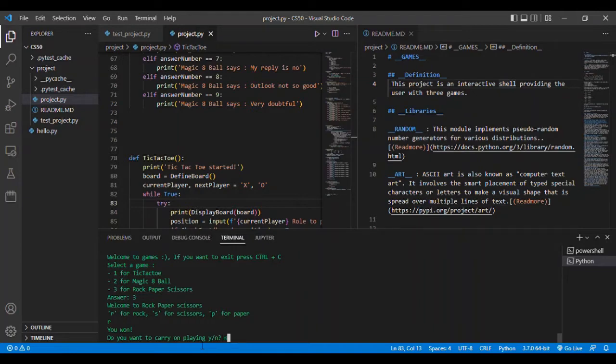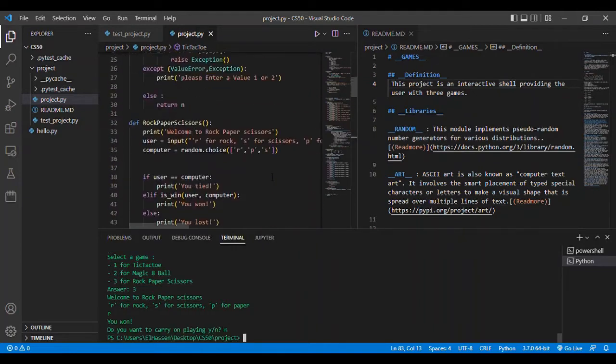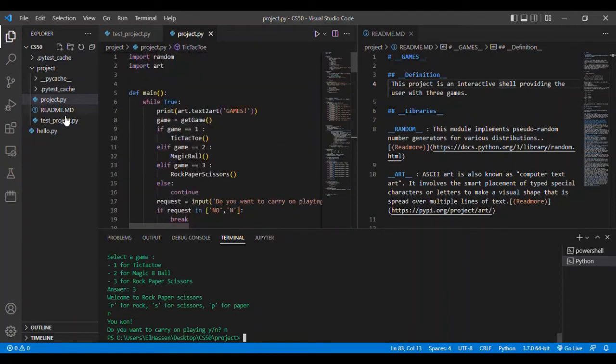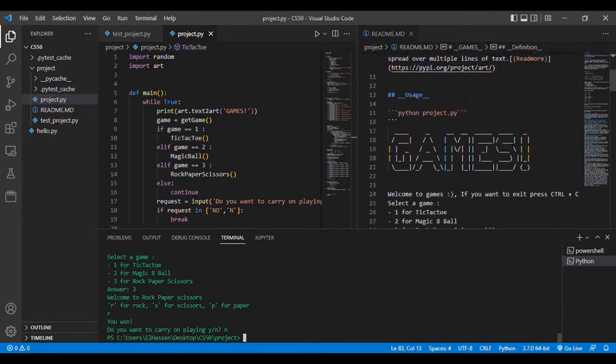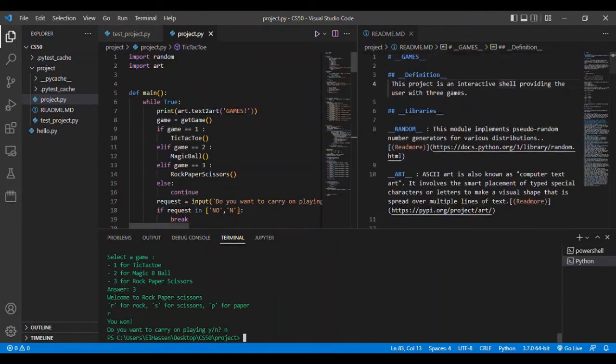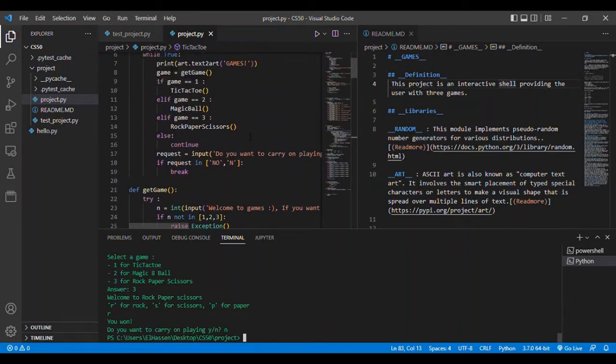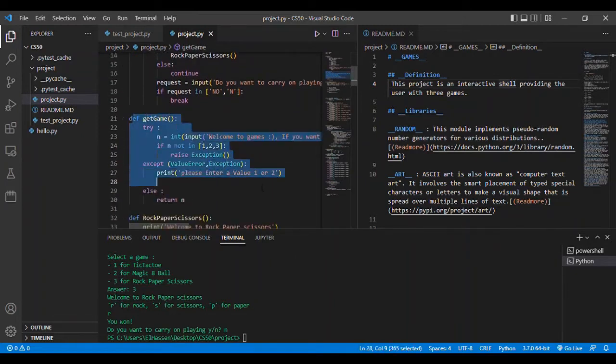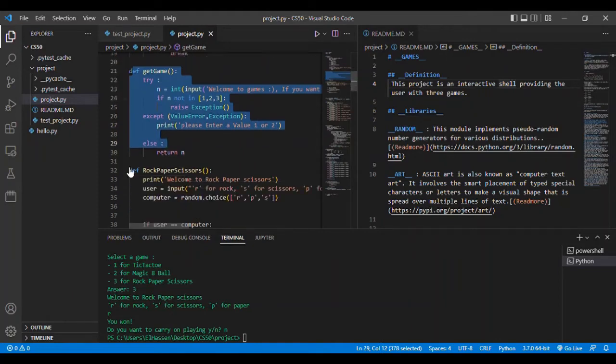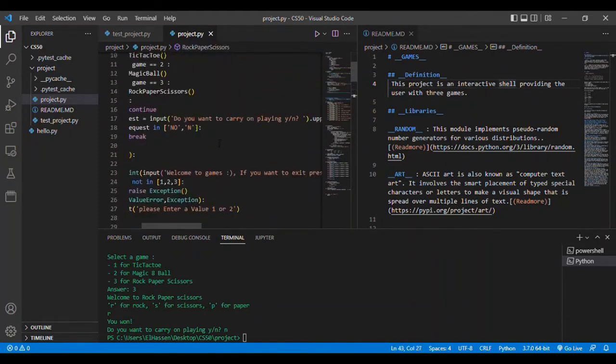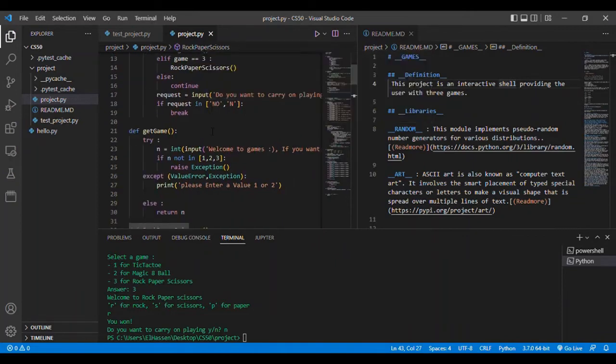Now we end the games and we go to the functions that we made. The code consists of 13 functions, including the main function. The main function is where we call the functions. Each game has its own calling function. But before that, I have defined the get game function that will